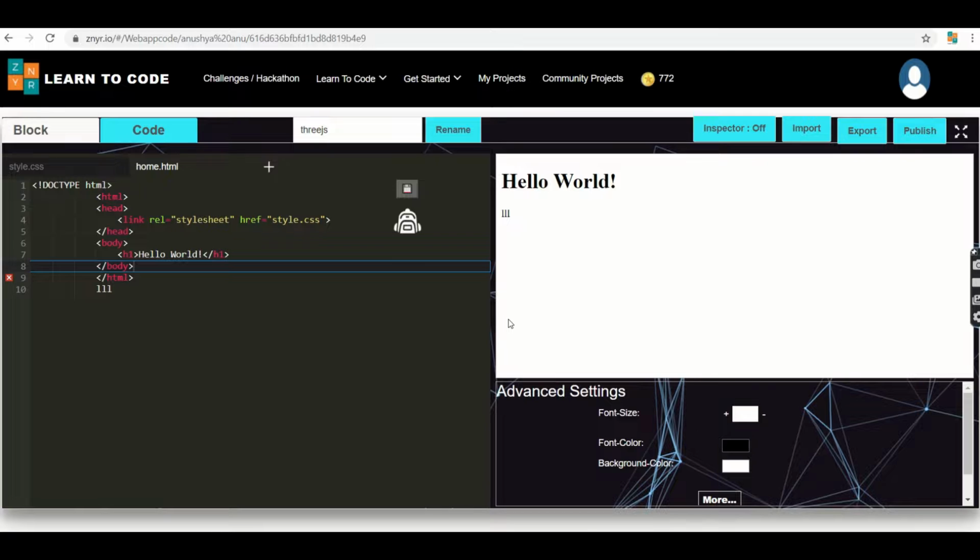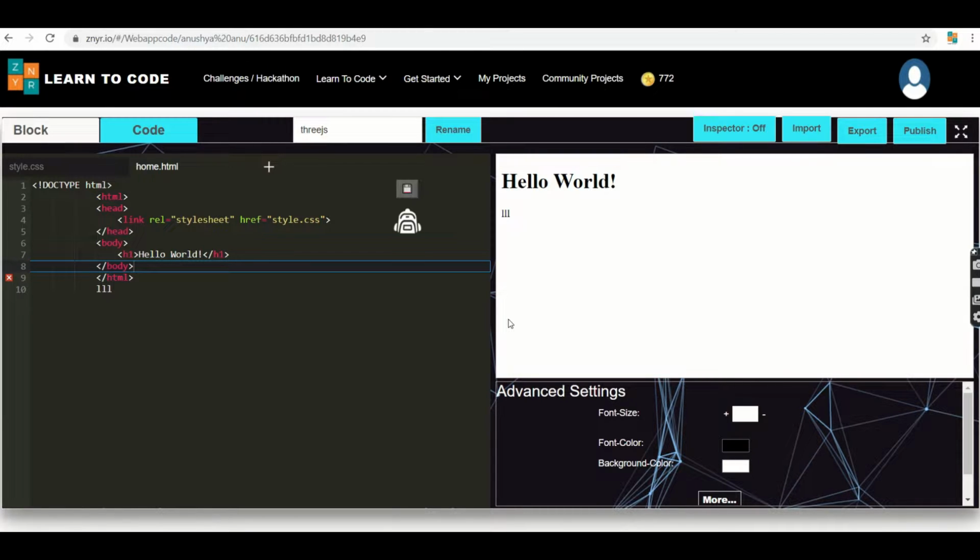In today's session, we are going to learn a new topic of Three.js, which is a library of JavaScript. As we know, under JavaScript we have so many inbuilt functions and libraries. Under this, we are going to learn Three.js, which is specially used for graphics, and we will explain it with a simple example so that we can understand the concept and the benefit of Three.js. In today's session, we are going to create a spinning cube